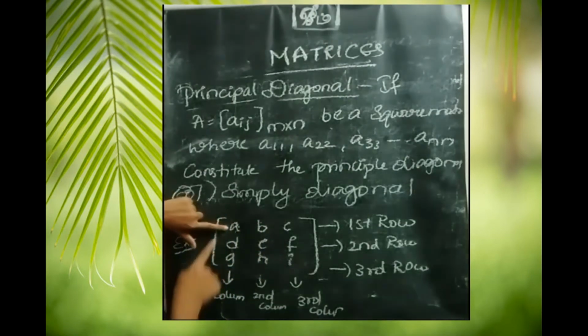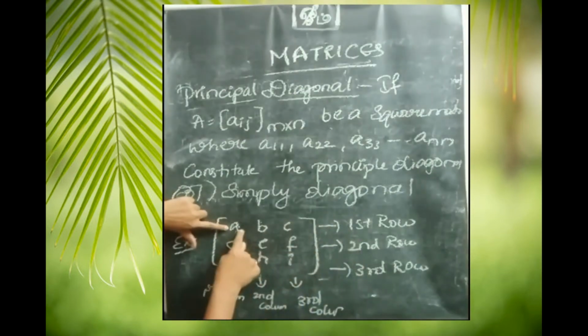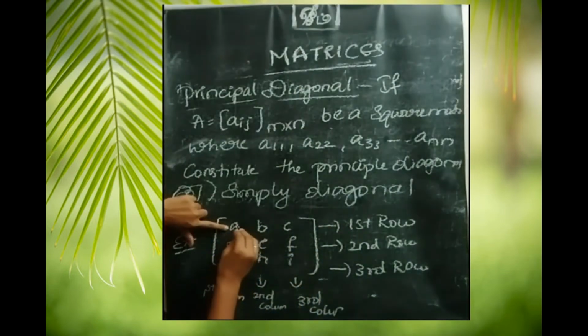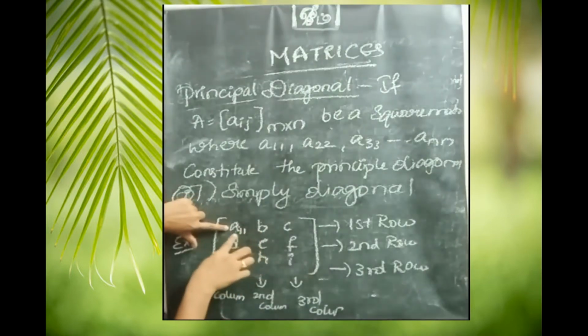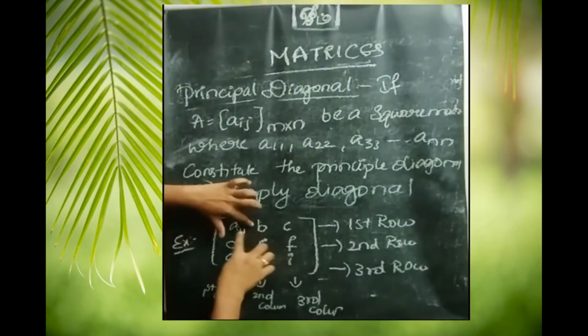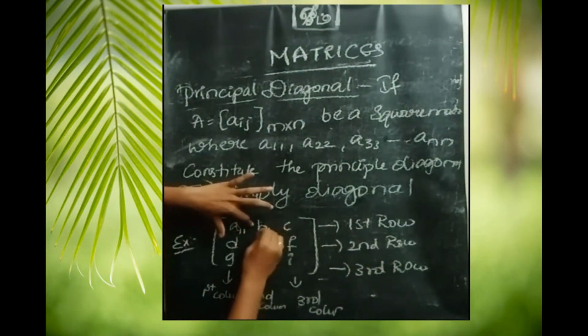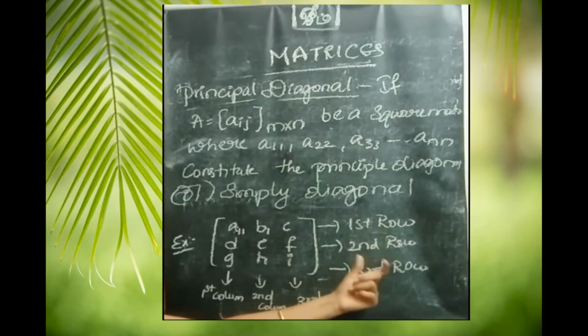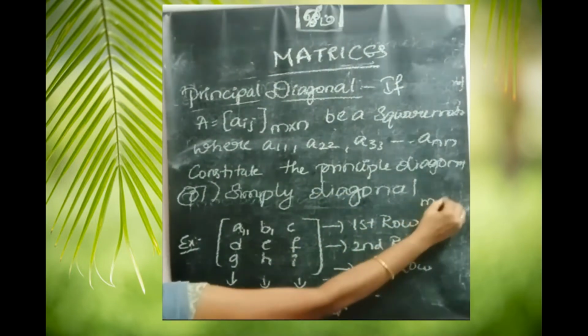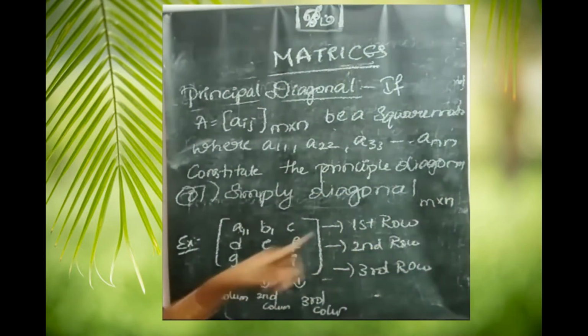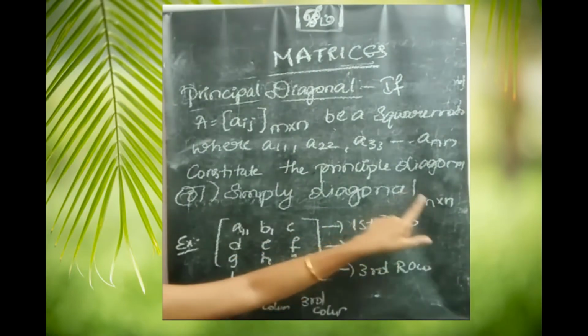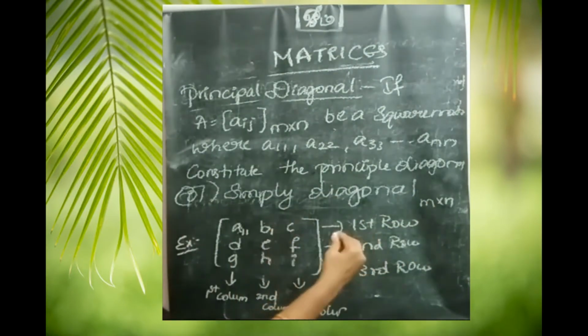Now we have to place the position of each letter. So A is the letter. It is sitting in the first row, first column. So first row, first column. 1, 1. 1 is the first row. Another one is column, first column. Next B. First we have to write the row. Why? Because M by N. Yes. M is row. N is column.